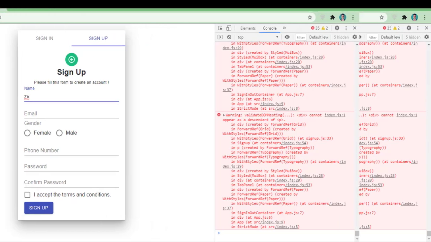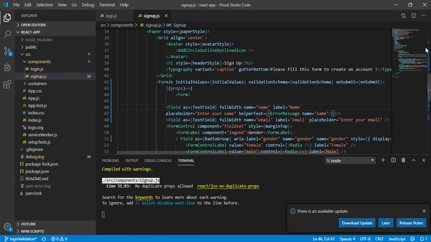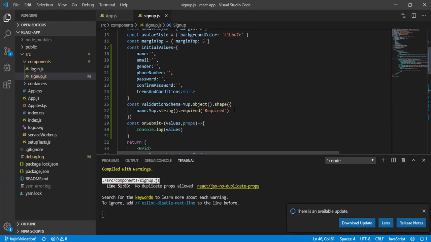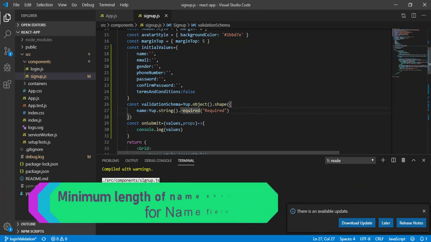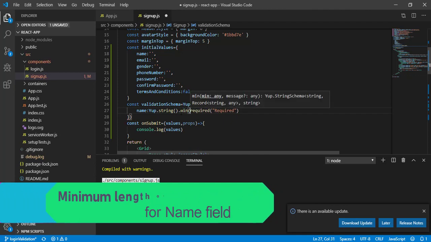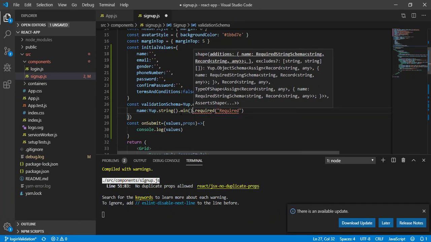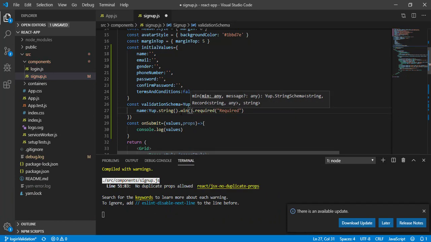So now let's handle another level of validation here. So now this is the required. So next, the minimum length of the name should be 3. So here we can define this min. Okay, and here we will say it has to be 3, minimum length of the name should be 3, and if it's not satisfied, show the message, too short.